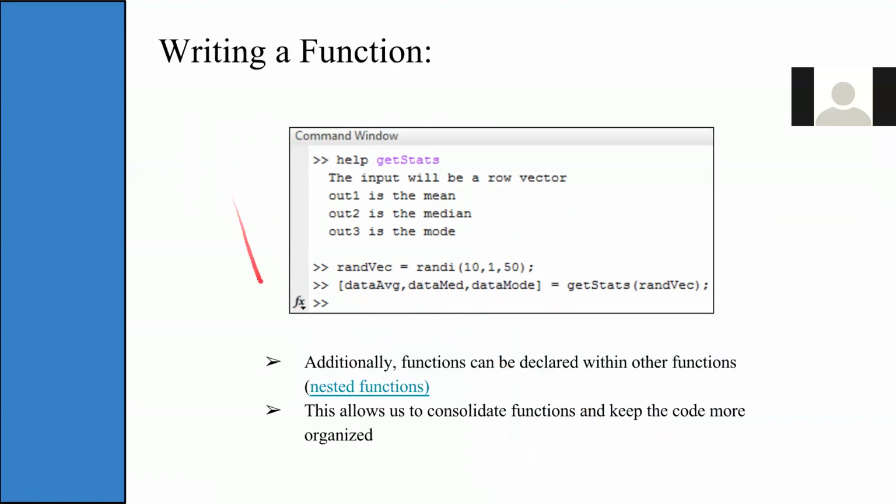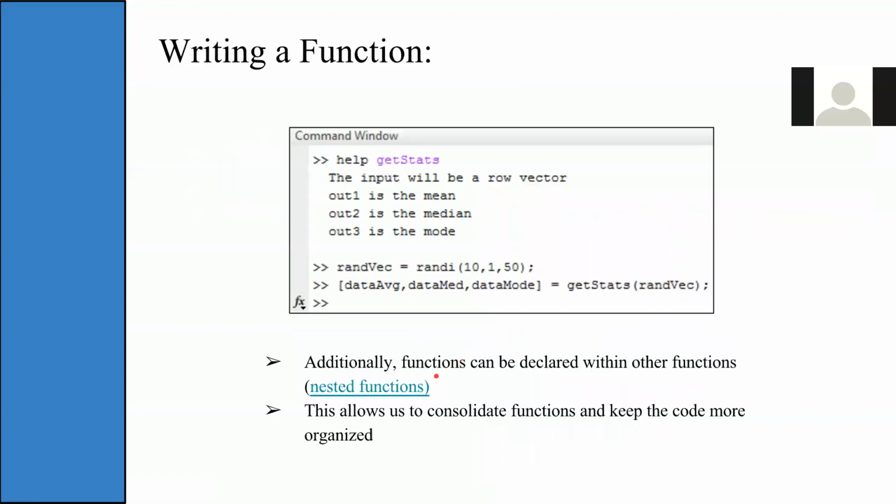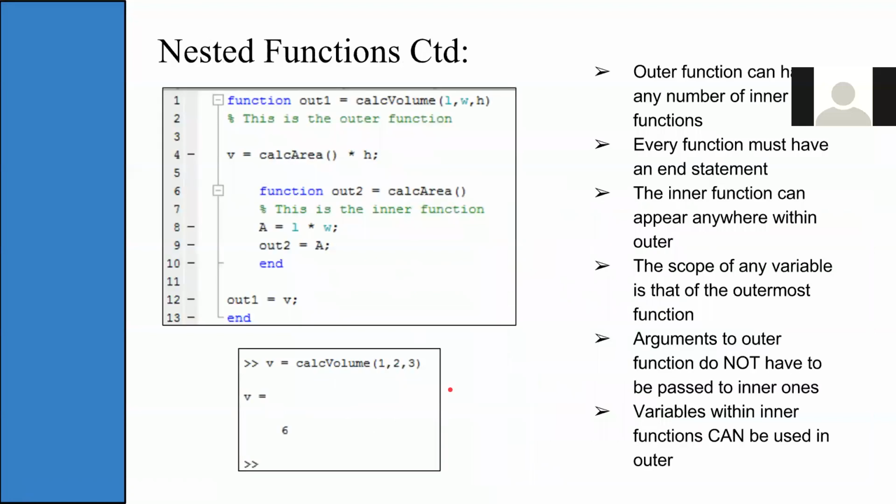Additionally, you can write functions within the function body. These are called nested functions, and they allow us to consolidate and keep the code a little bit more organized. And so this is a hyperlink, the link that if you want to see a few more examples besides this one right here. So essentially what we do is we have an exterior outermost function, calc volume, which has 3